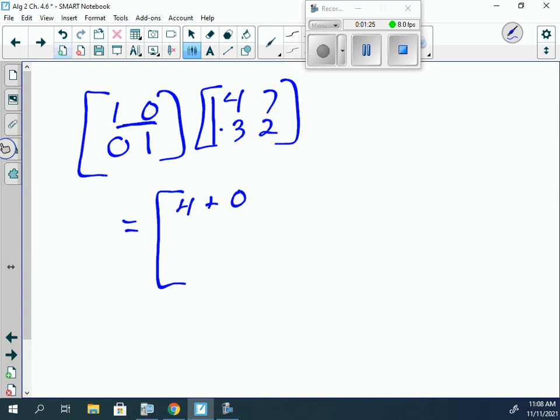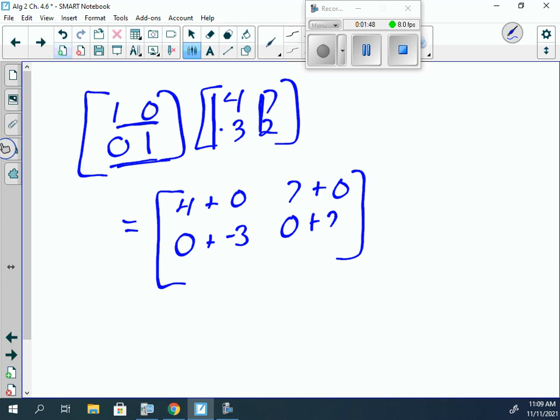If we do it again, over and down, well, we would have 1 times 7 plus 0 times 2. And if we do it again on the bottom row, it would be 0 times 4, which is 0, plus 1 times negative 3, which is just going to give us negative 3. And if we do the last one over and down, well, 0 times 7 is 0, and 1 times 2 is plus 2,